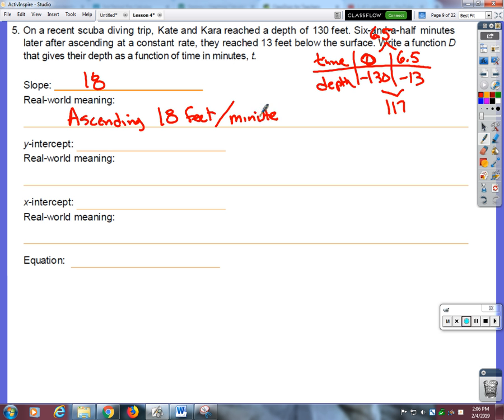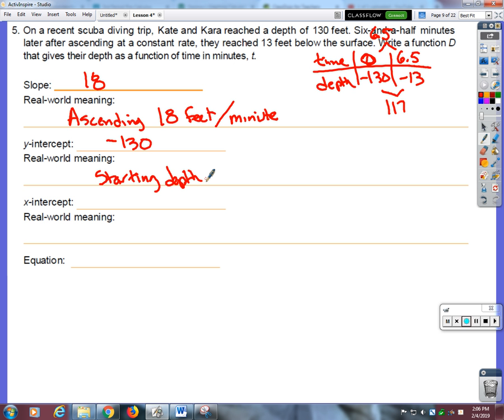We took the total distance that they had gone up, which is 117 feet, and we divided it by the time it took for them to go up that amount. You get the bends, yeah. What's the Y-intercept? What was their starting depth? Negative 130. Yeah, I don't think this is really how it works. I think that you are supposed to stop and stay at a checkpoint for a little while. But okay,